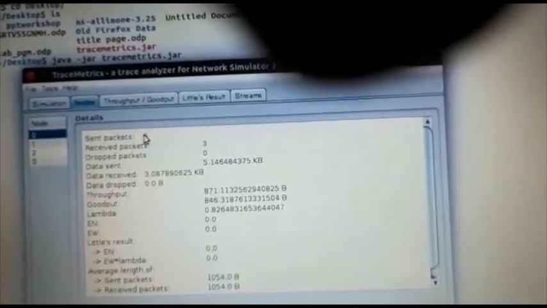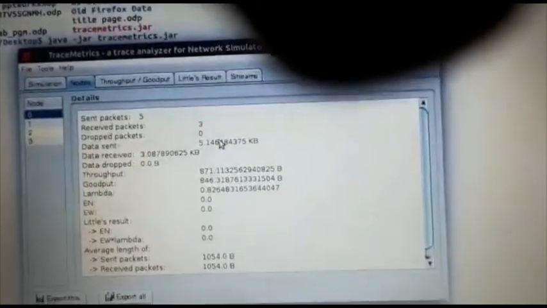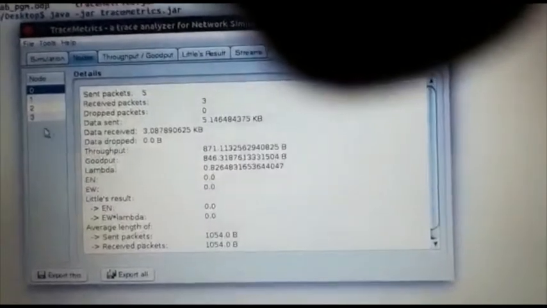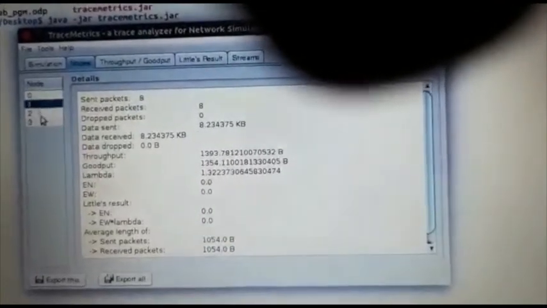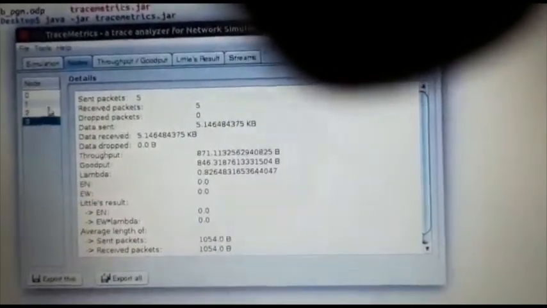If you want to observe at each node, at node 0, how many packets were sent, the data rate, how many received, average length, all that is displayed, and the same at node 1. At each node you can check like this. Then you can also see the throughput and goodput, everything. If you want, you can also observe the streams.